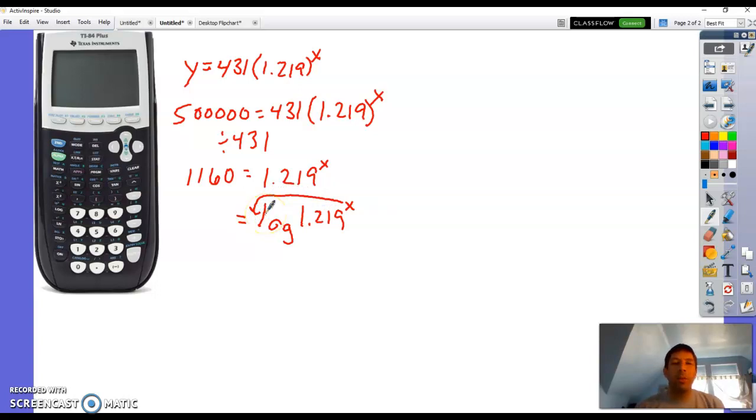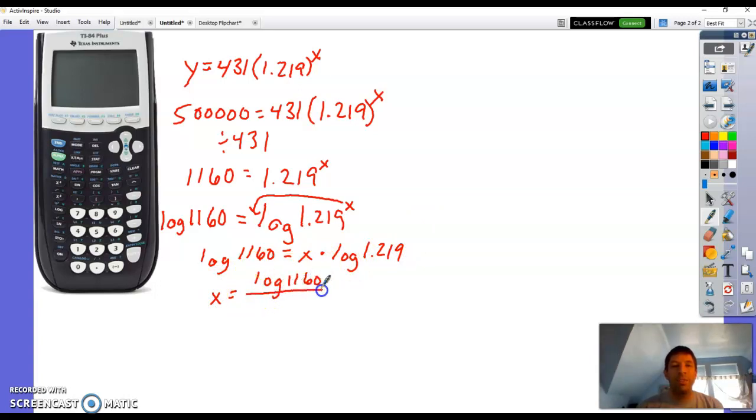But just like any other equation that you solve, if you do something to one side, you have to do it to the other side. So if we're going to take the log of that side, we have to take the log of the left side too. So log of 1,160. So now I have log of 1,160 equals x times the log of 1.219, which means x would equal the log of 1,160 divided by, to get rid of this multiplication, I have to divide by the log of 1.219. Now be careful here, the logs don't cancel each other out,